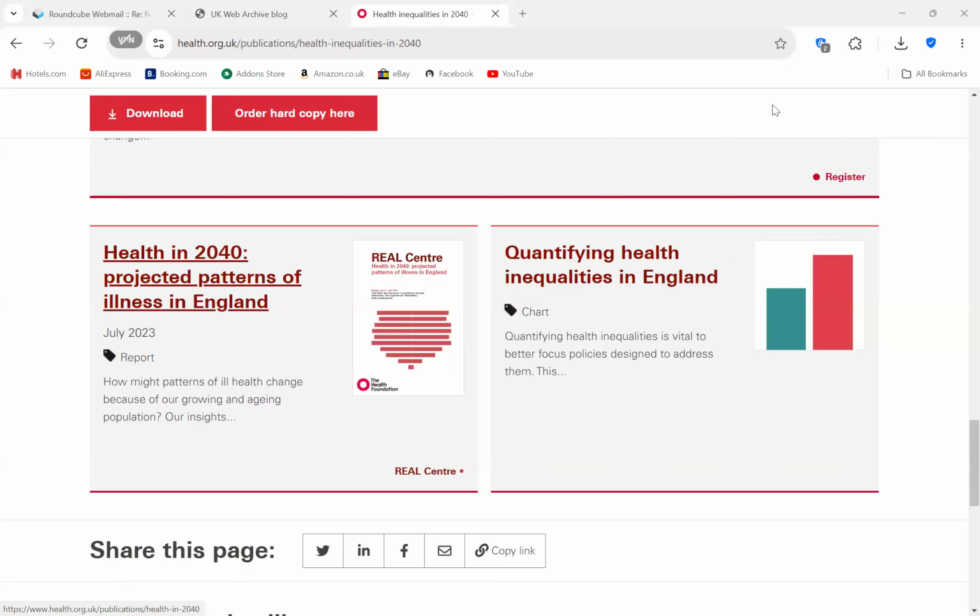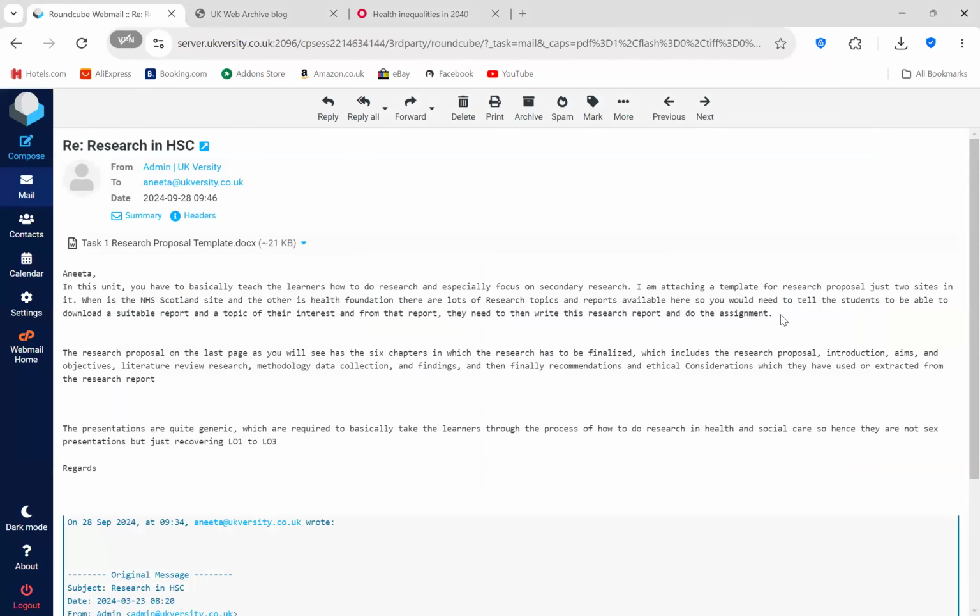what you have to do is complete this research report template that has been shared with you, based on the research report that you would download from here, and work on it. The research report will have your research proposal, your introduction, your aims, objectives, literature review, research methodology, your data collection and your findings, and finally recommendations and ethical considerations, which you have used in your primary research or extracted from